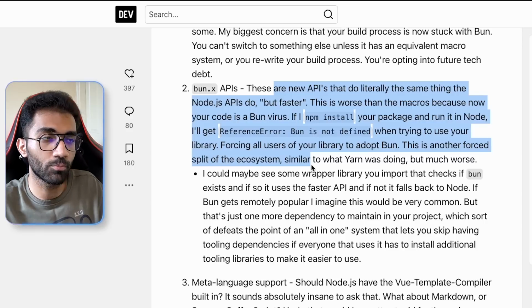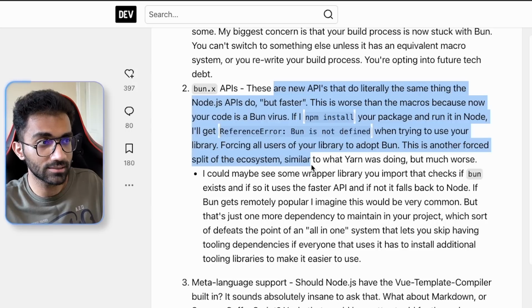This is something I also pointed out in the last video I made, because the moment you do bun.file, the moment you do bun.something, you are not in the Node.js world anymore. Your code will just not work if you invoke it with Node. No matter how much work the Node.js team did, they would probably never implement a Bun API in their runtime. It just doesn't make sense. If Node has a file system FS module, why would they ever implement Bun as a namespace in their own runtime? It just doesn't make sense, and Bun is also not that big.